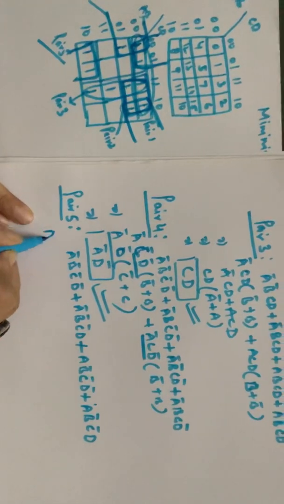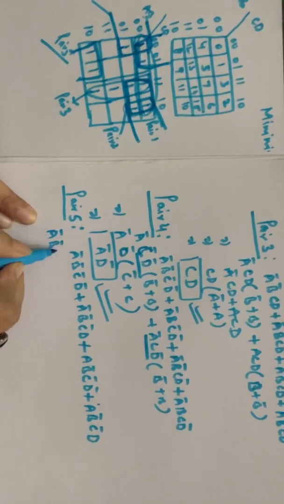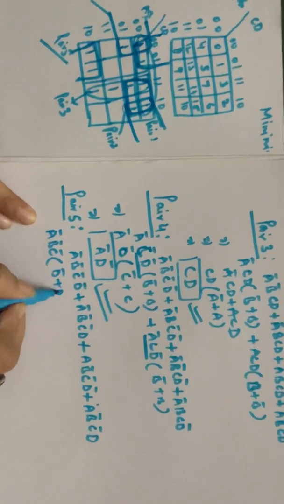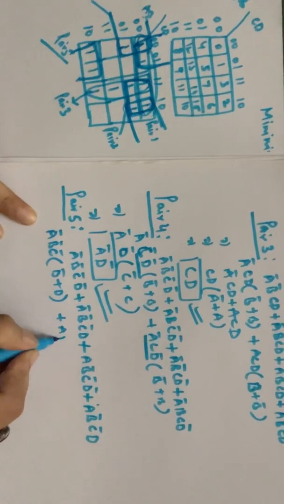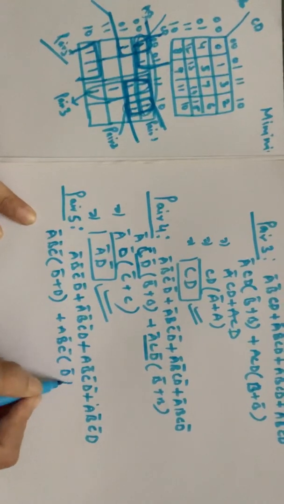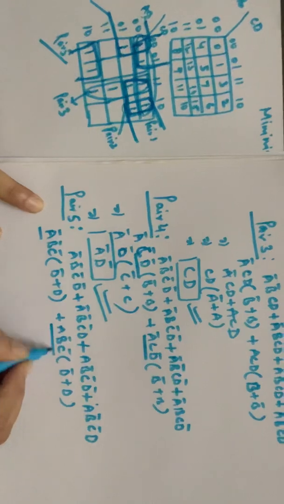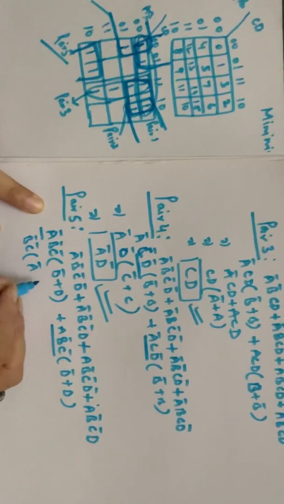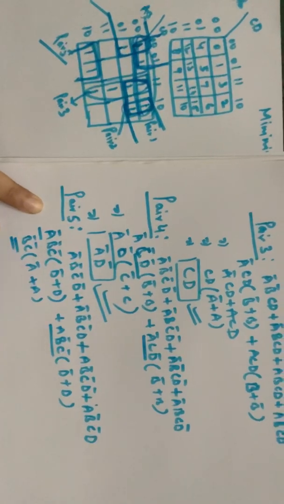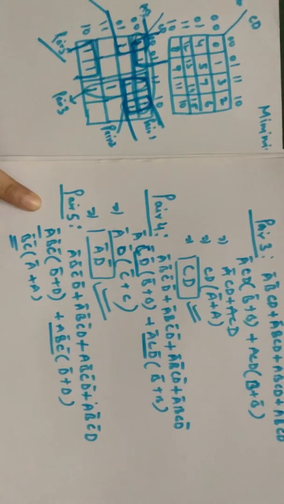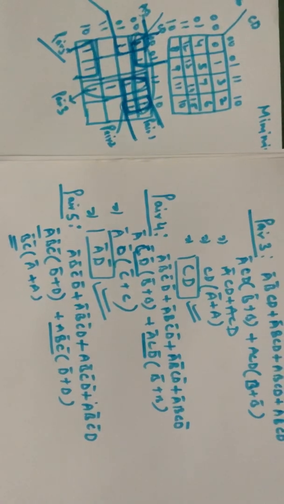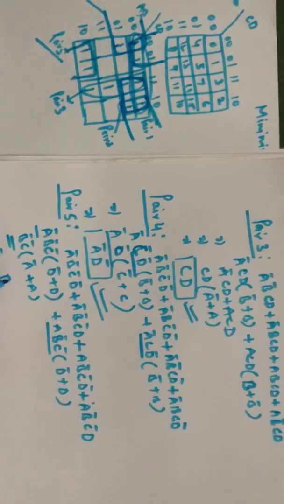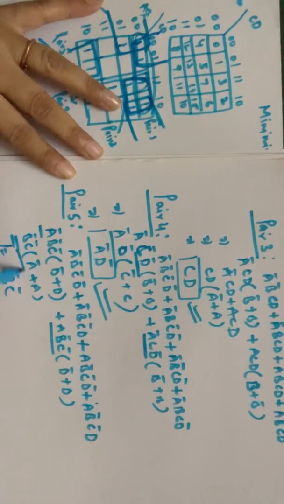Now take the value common: A bar, B bar, C bar. So D bar plus D. Here also I'll take the common value A, B bar, C bar, D bar plus D. Now take the common value from these two. We'll get B bar, C bar, and A bar plus A. So B bar, C bar is common. So my value will be B bar, C bar. So this is my next pair, B bar, C bar. Okay.